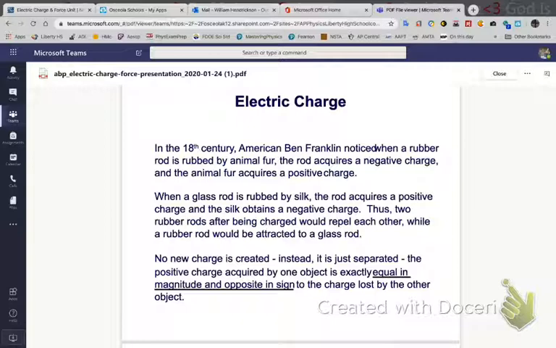So obviously at this point, the ancient Greeks had already quote-unquote discovered electricity. But what Franklin is doing is he is seeing how we can get electricity into the